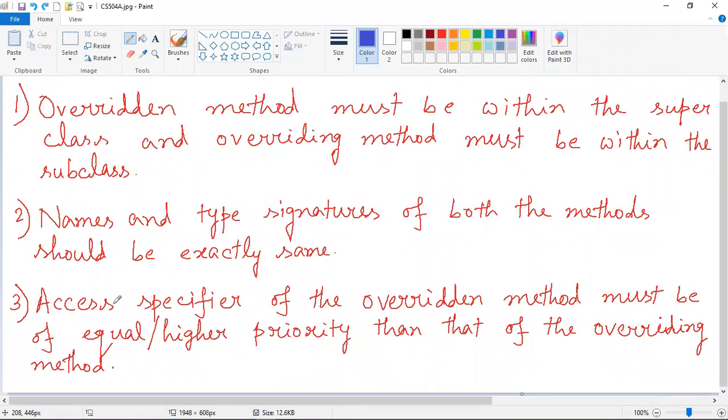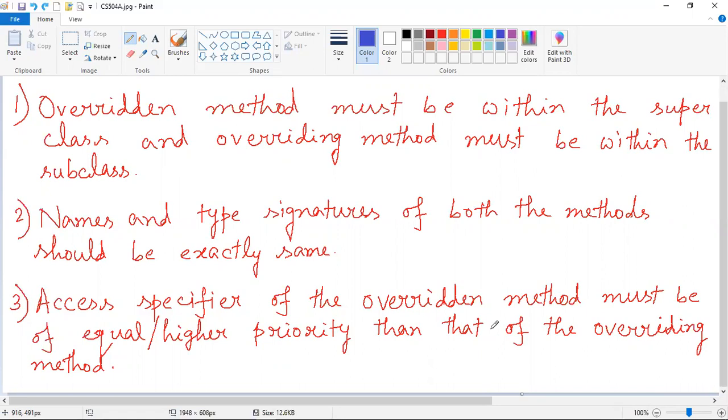So this says that the access specifier of the overridden method must be of equal or higher priority than that of the overriding method. That means the method that is inside the superclass can have access specifier that is of equal or higher priority than that of the method which is inside the subclass.